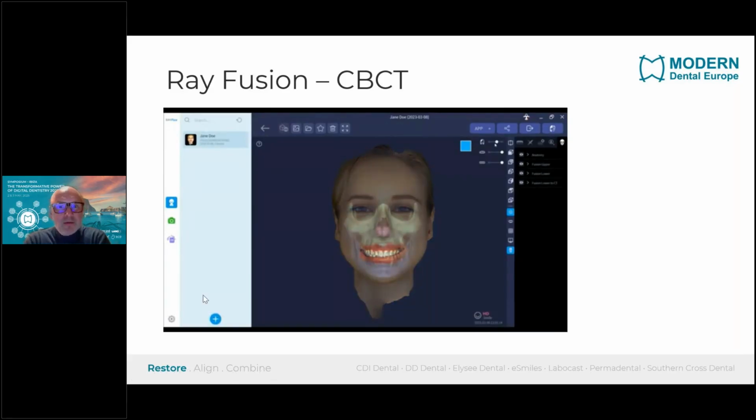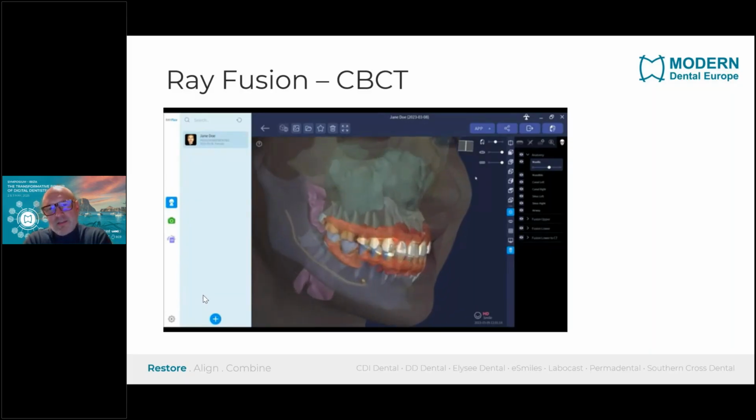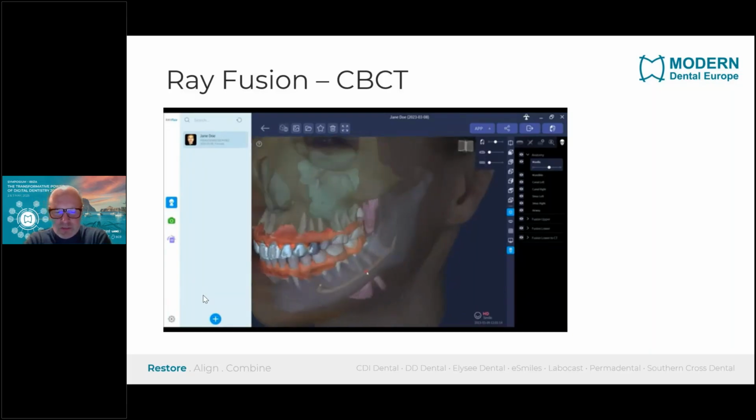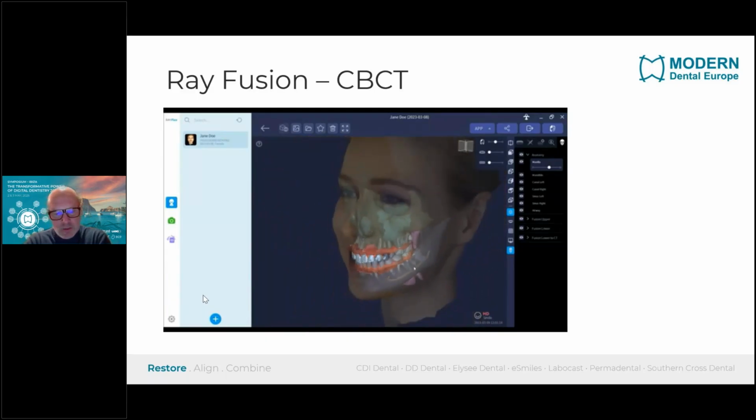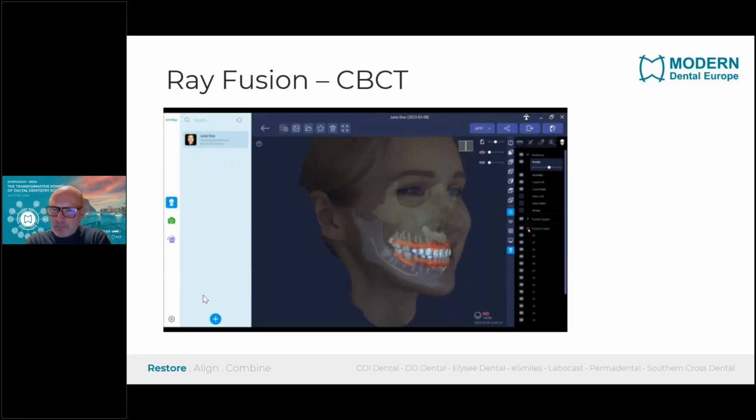And even as an extra feature in the Ray software, you also can use Ray Fusion. So you can also integrate DICOM, CBCT, and then align these scans also with your intraoral scan and the face scan. So this is a little bit more, let's say, for high-end, maybe surgery, maxillofacial surgery, orthodontic osteotomies, for instance, where they can really prepare everything